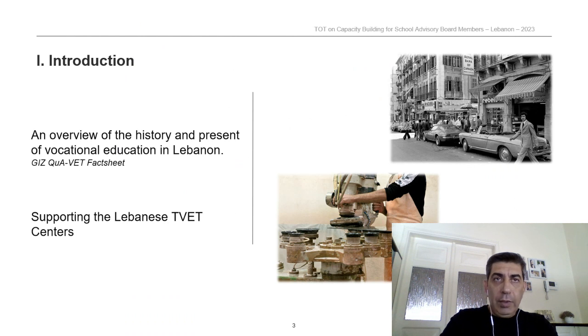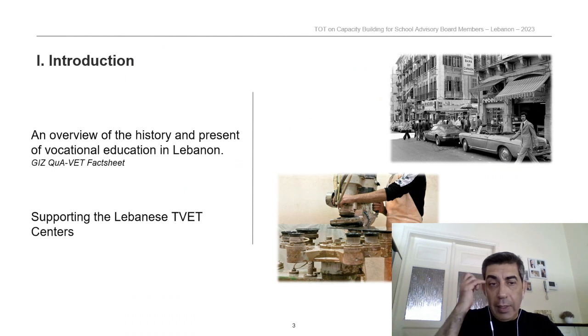I start with the introduction. Lebanon faces numerous political, economic, social, technological, environmental, and legal challenges. Up until the Civil War, the country was one of the most important commercial and financial centers in the Middle East. The vocational training system was well organized by regional standards. Today, the vocational education and training system is almost exclusively limited to school based training with limited practical experience.